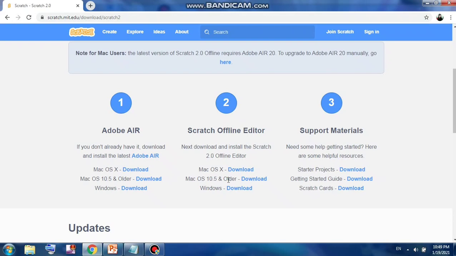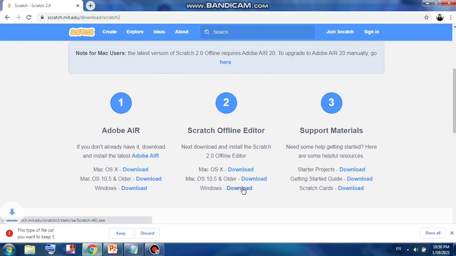So those two are for them. But we are using Windows. So we will go to the second option, Scratch offline editor, and from here Windows Download. You will do the same thing which I am doing in your computer and PC. Please do not go on any of the other options. So like this, I will click on download.